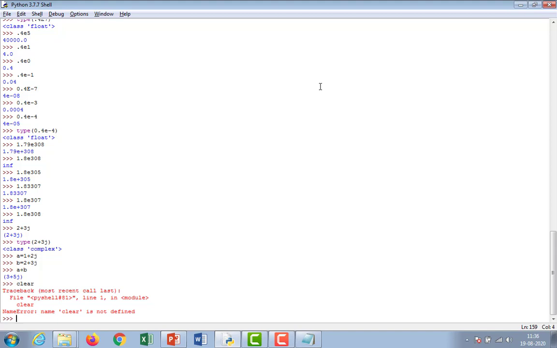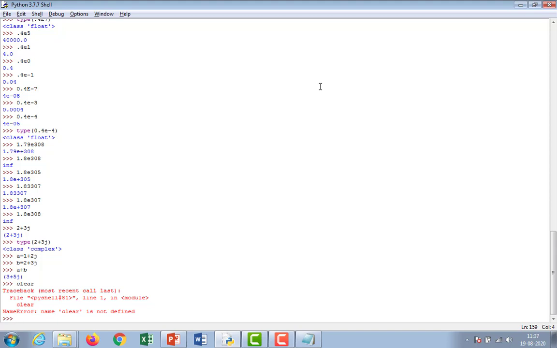String literals may be delimited using either single or double quotes. All the characters between the opening delimiter and matching closing delimiter are part of the string. So the opening delimiter and closing delimiter must be matched.